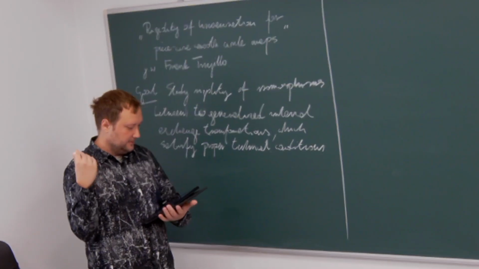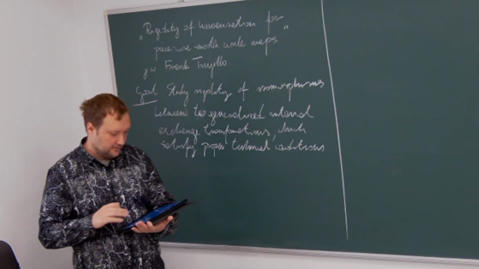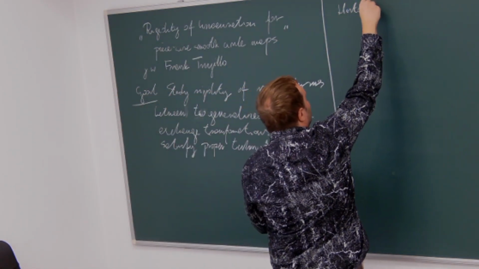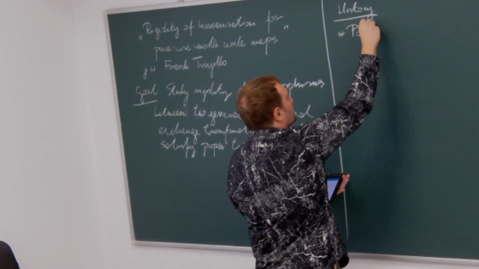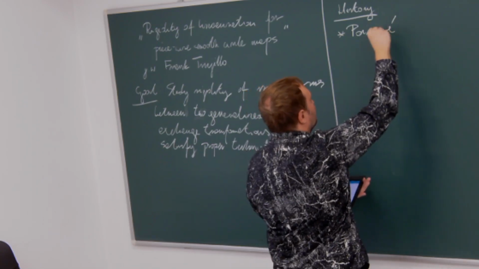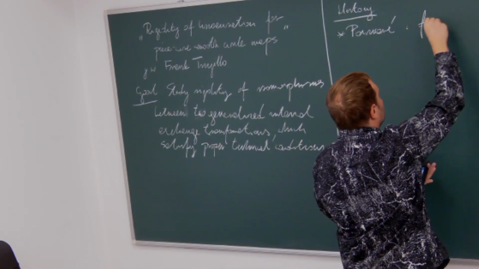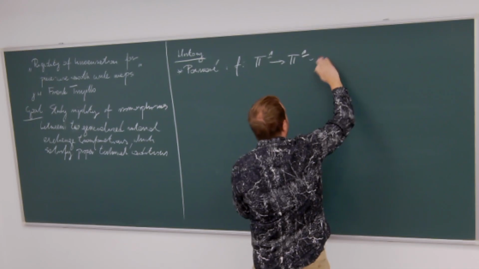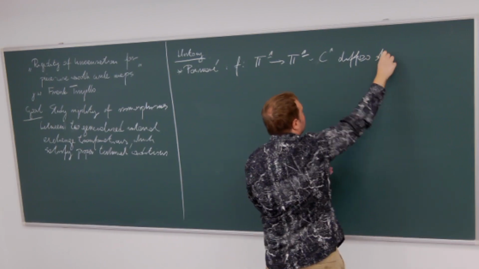So first, let me introduce some already classical history. Let me write over here. It's a history. It started already with Poincaré. He proved that if F is a diffeomorphism, a C1 diffeo of a circle,